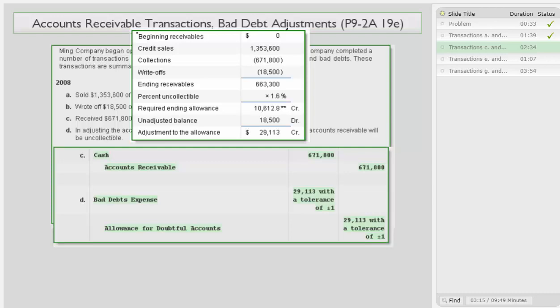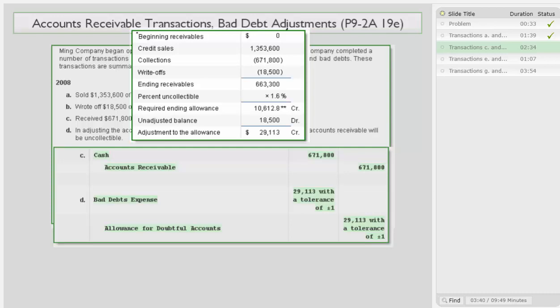We subtract off collections, and we also reduce our receivables by the write-offs, the $18,500 that we wrote off in transaction B. So at the point we are recording the 1.6% estimated bad debts on accounts receivable, the ending balance is